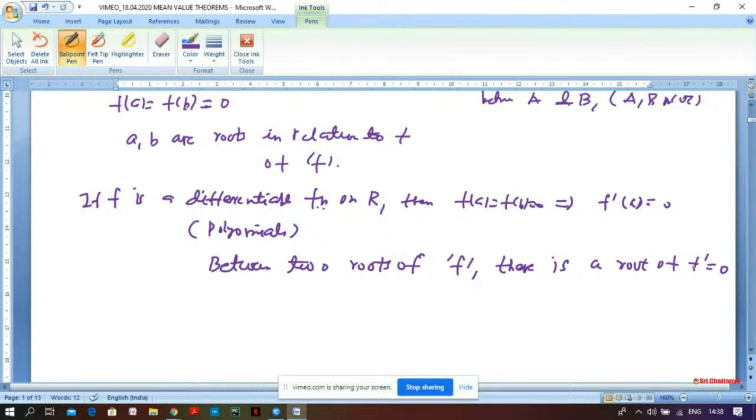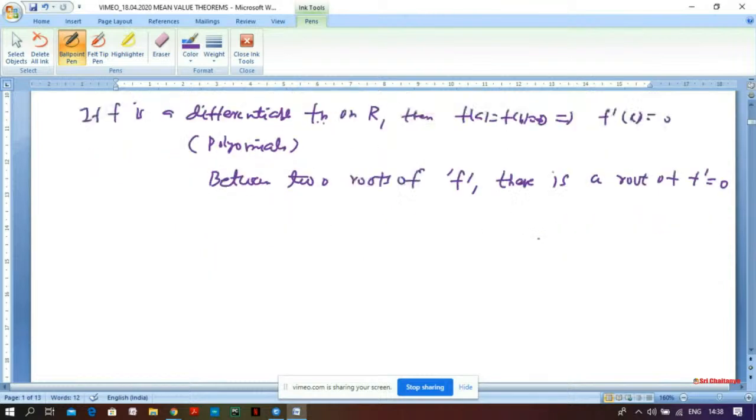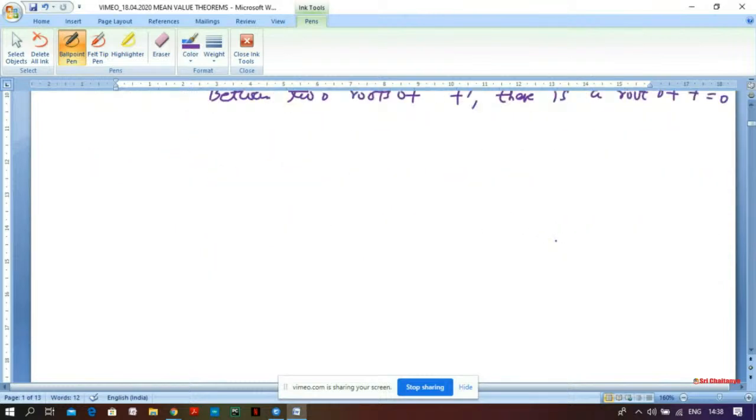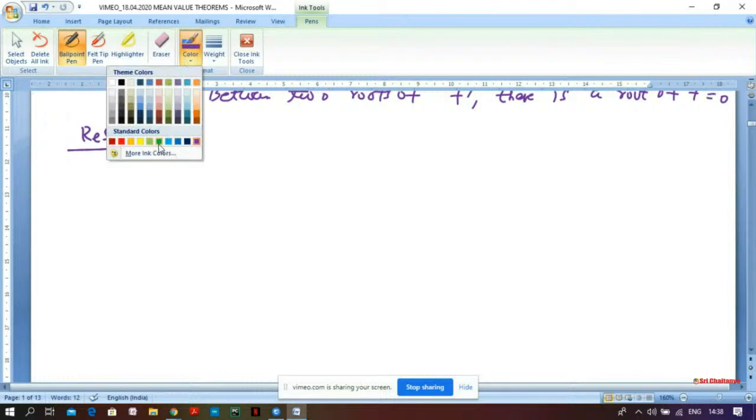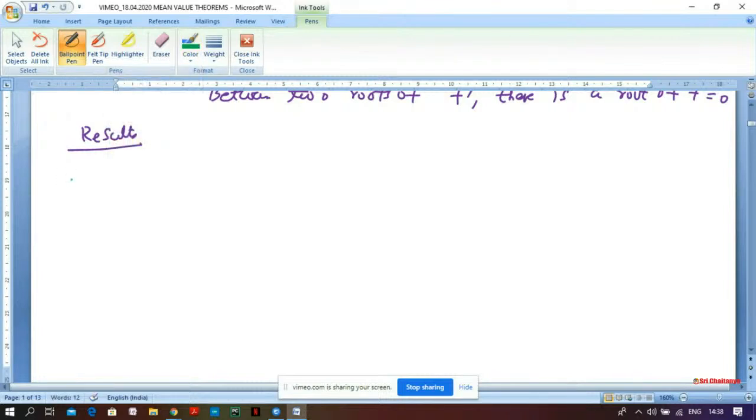That conclusion comes from Rolle's theorem, because you are saying f(a) and f(b) equal 0, so a and b become roots. Especially in polynomials, we can say it like this. I will write some conclusions with respect to polynomials. So, some results. Let me change the color. One is this: let p(x) be a polynomial,